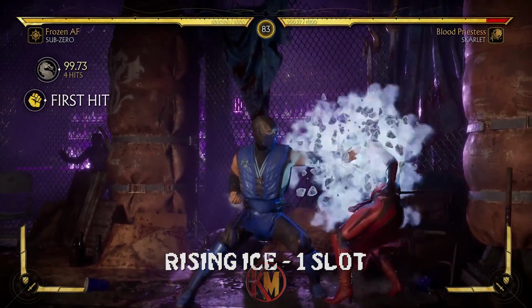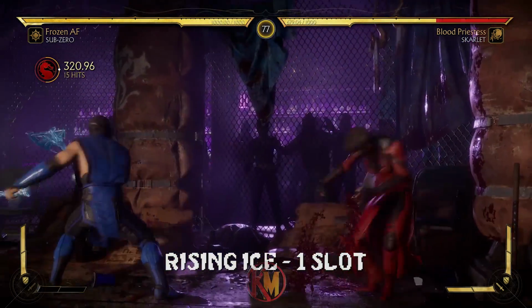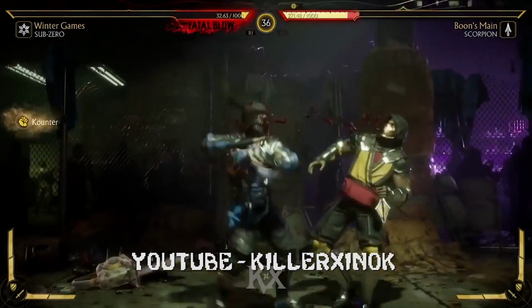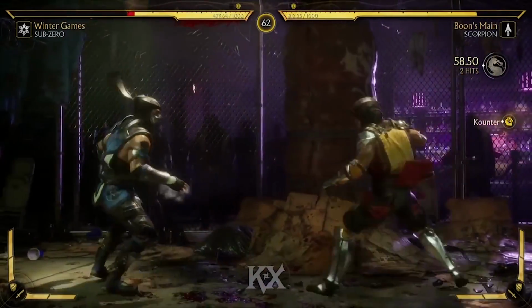Sub-Zero can take the Rising Ice ability, which allows for an easy launch anywhere on screen. It costs only 1 slot, but the rewards being so high, because Sub gets damage anywhere now, meant it felt worth taking regardless, as your other launch options outside of Crushing Blow was a Raw Back 2 which had limited